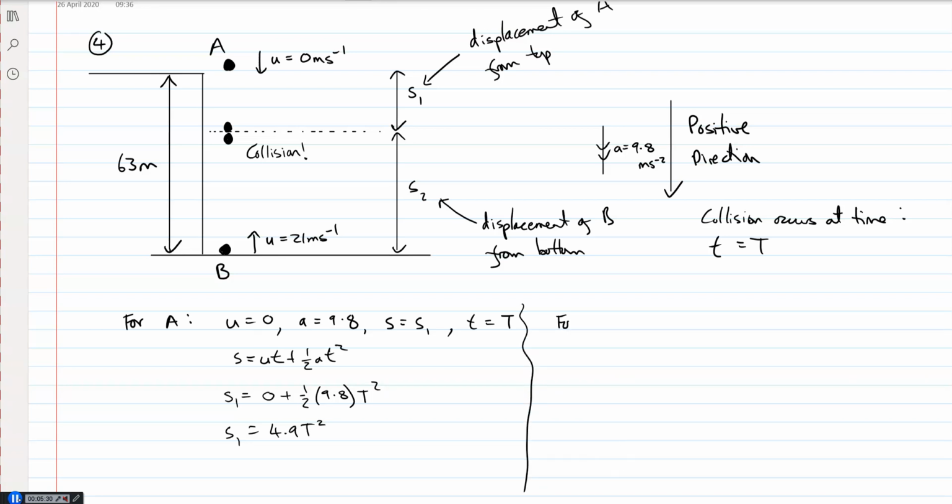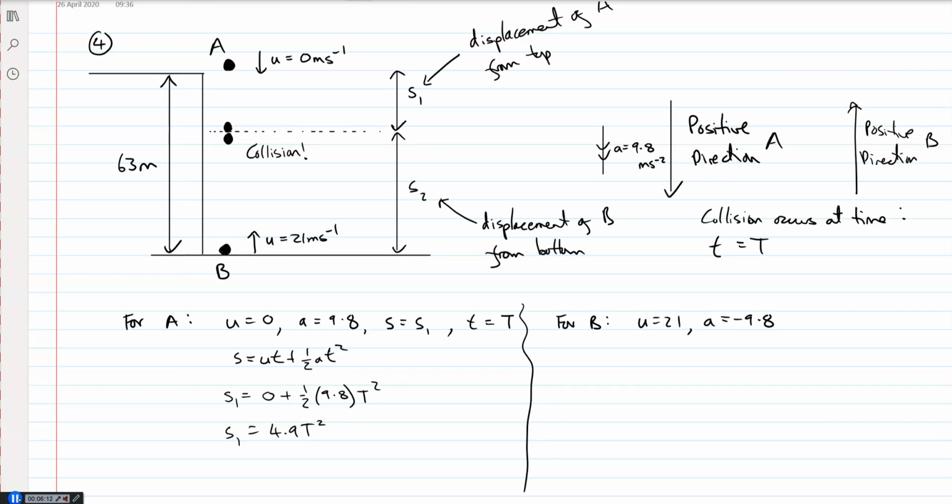So let's have a look at particle B. B is a separate particle, so we're going to treat the motion of B separately. We're going to treat the U as 21 meters per second, not minus 21 meters per second. So U is 21, because that's the direction it's going in. So really the positive direction for A is that way, and the positive direction for B is this way, because that's its direction of motion. So U is 21. A this time is minus 9.8, because gravity is acting downwards, against the direction of motion of B,